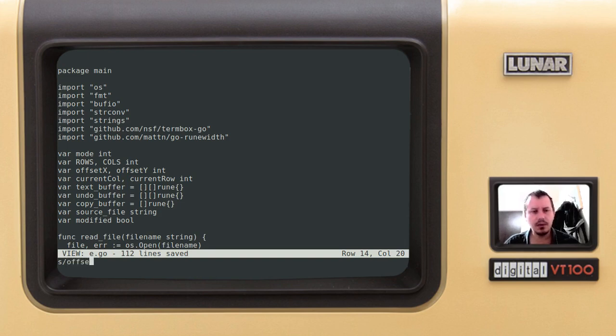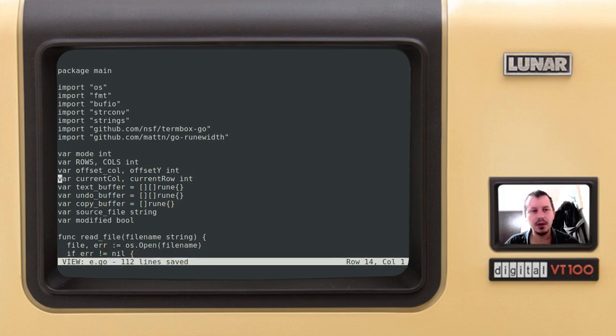So I can say substitute offset X with offset column, and I want to do this globally so that it gets changed in the entire file, and it gets changed. And the way it works is very interesting because I call the subprocess of the sed command, converting the text buffer to a string, and as a byte stream I'm sending these to the sed command, and then I'm passing the output back, and from that output I reinitialize the content of the buffer. We'll cover that in later tutorials. That is going to be very